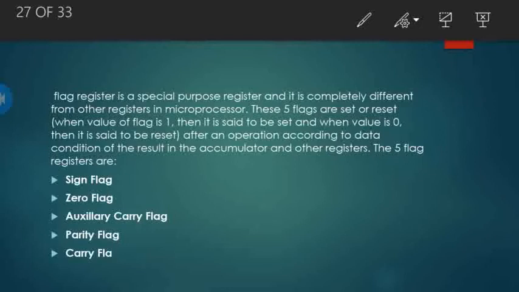Next flag is the parity flag. Parity flag means parity bit. Students, here I want to tell you in brief, because there is a concept regarding the parity flag, so I will not go into that detail. Parity is a type of extra bit that we add, which is used in error detection and error correction methods. So that is the parity bit. If there is a parity bit in the data, the value of the parity flag will be set to 1, otherwise it will be set to 0.